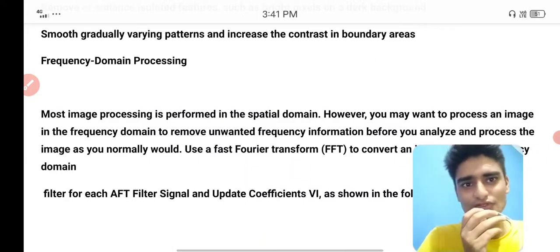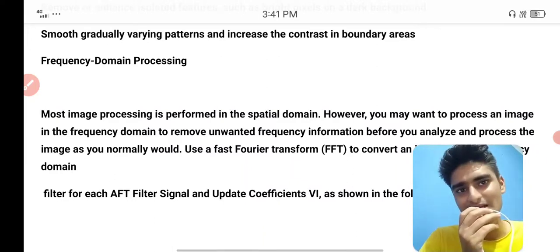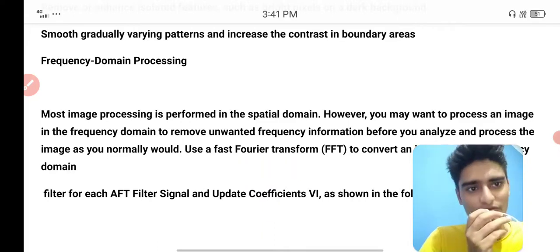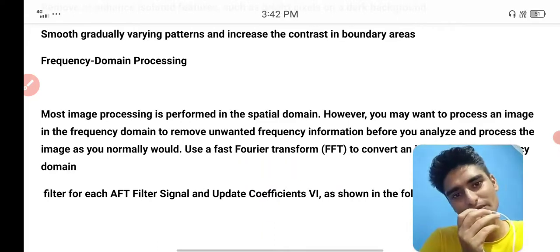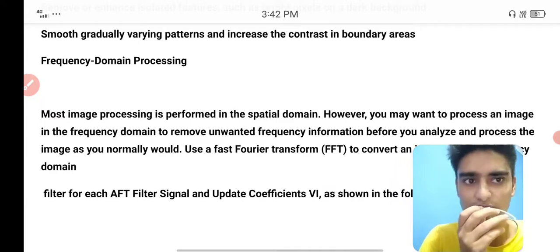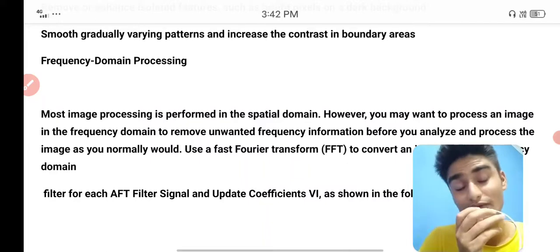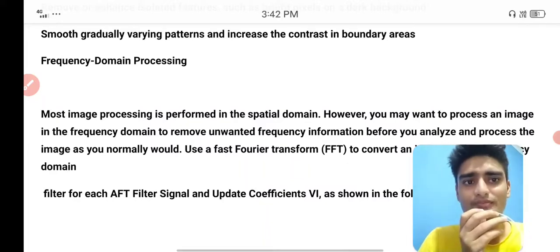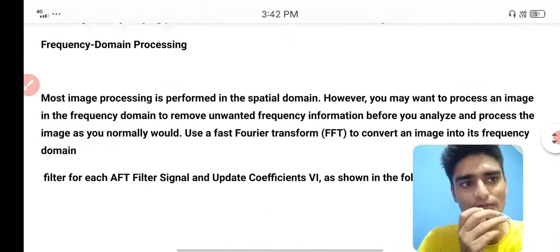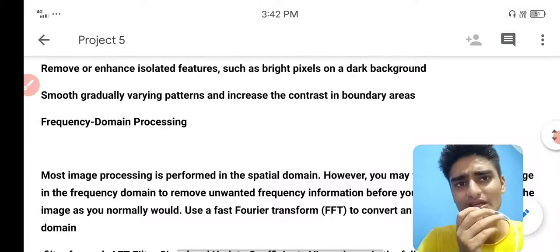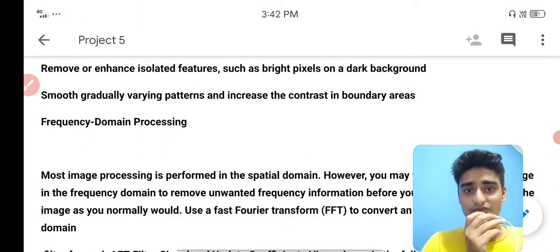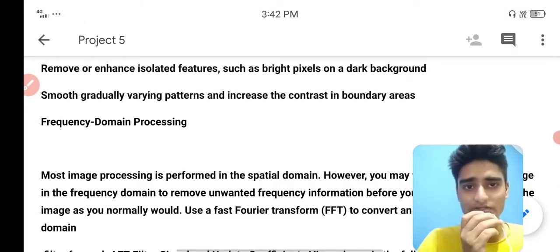Most image processing is performed in the spatial domain. If you want to remove unwanted signals or unwanted processing in an image, you can go for the frequency domain and use the fast Fourier transform to convert the image into the frequency domain. That's a very important point regarding frequency domain processing.